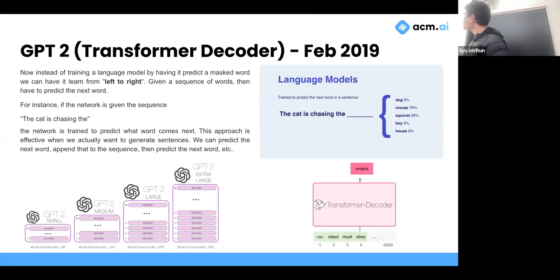Again, what these are good at that the encoders can't do is decoders are really good for generation, because what we can do is take "robots must obey." Given this, what's the next word? Predict it, and we can append this to the end, and then "robots must obey orders," and then we can predict the next word. So we can generate new text, and that's what you see in the GPT. It's a transformer decoder. The encoder can only get a representation of the sentence that you have so far, really rich extracted features, but a decoder allows you to actually generate. That's the real power of the transformer decoder side.